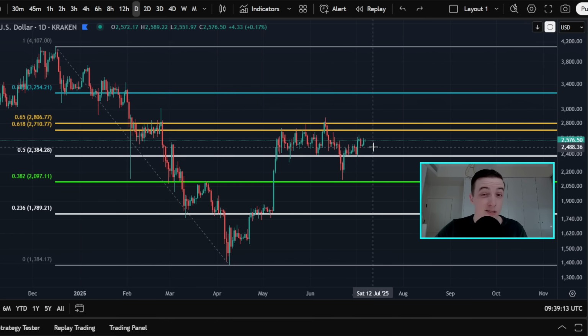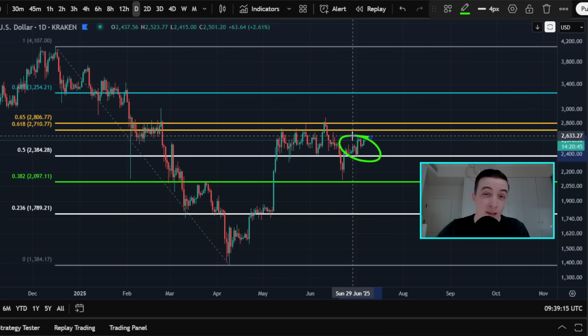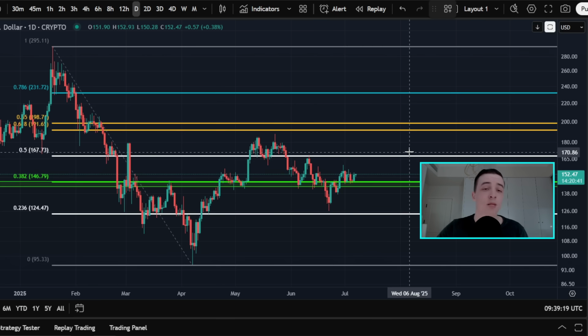But honestly, there's not much else to add here for Ethereum. Nothing much has changed over the last 1 day. So without wasting any more of your time, getting straight into the price of Solana on the daily time frame. And what has just happened over the last 1 day is Solana is now once again experiencing a bounce from